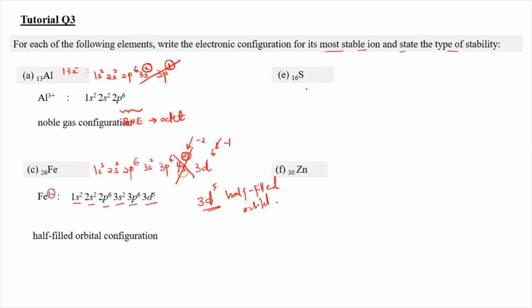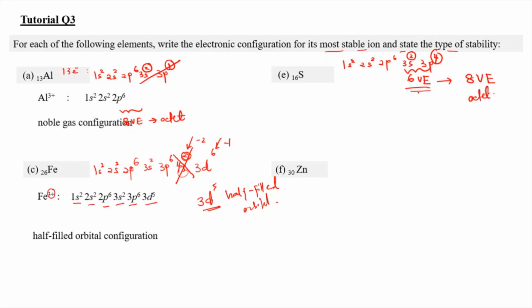Next, we're going to have the 16 sulfur. So for the 16 sulfur, as usual, we're going to write the electronic configuration, which is going to be 1s2, 2s2, 2p6, 3s2, and then 3p4. And from here, the valence electrons are going to be 6 valence electrons because it has 2 plus 4, which is 6, at the highest principal quantum number, which is 6 valence electrons at the outermost shell. And in order to become octet, it needs to get to 8 valence electrons, which is an octet electron